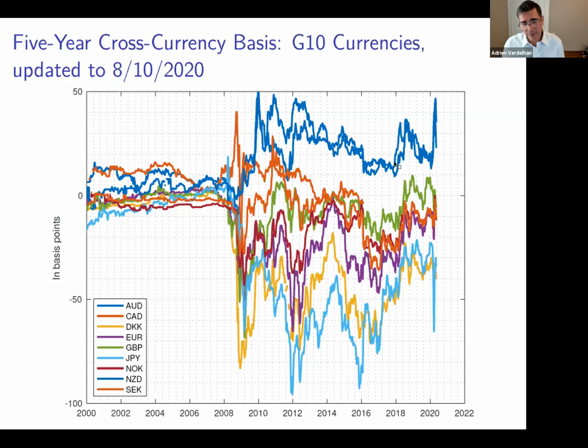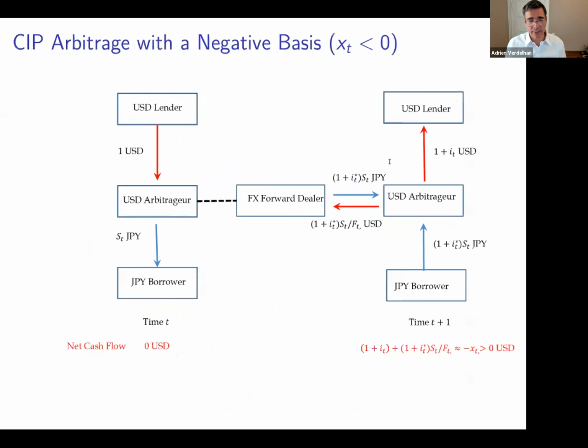Now, why is it something that we should explain? Well, it's because there are arbitrage opportunities. We can also decide not to explain and just go and try to become rich. So let me explain why there is an arbitrage. Here, you need to go a little bit into the detail of the trade. I'm going to take the example of the Japanese yen. The Japanese yen has a negative basis, the way I defined it, with respect to the US dollar. So think about how you would make money. It's going to tell us what kind of research we should do.